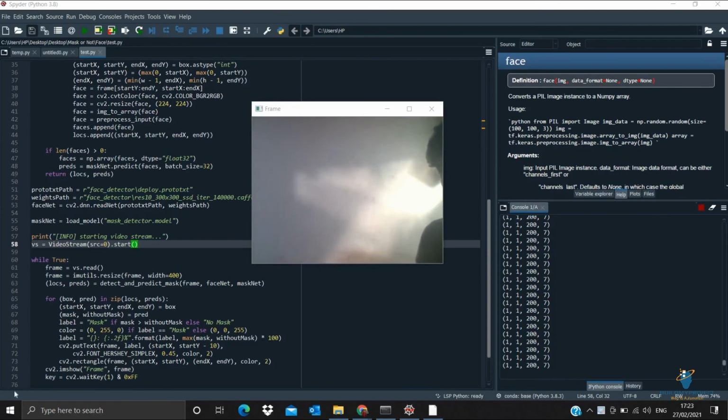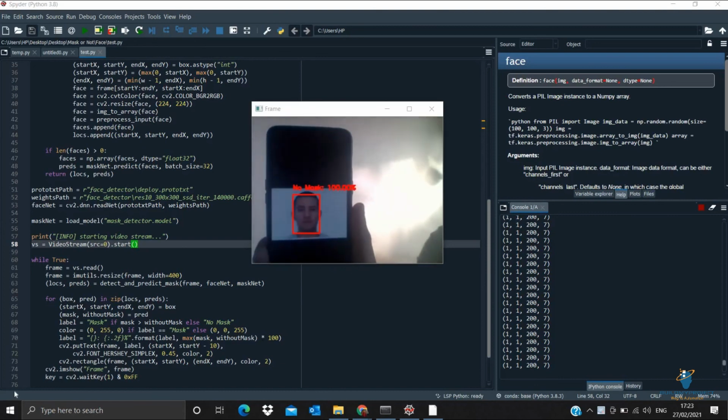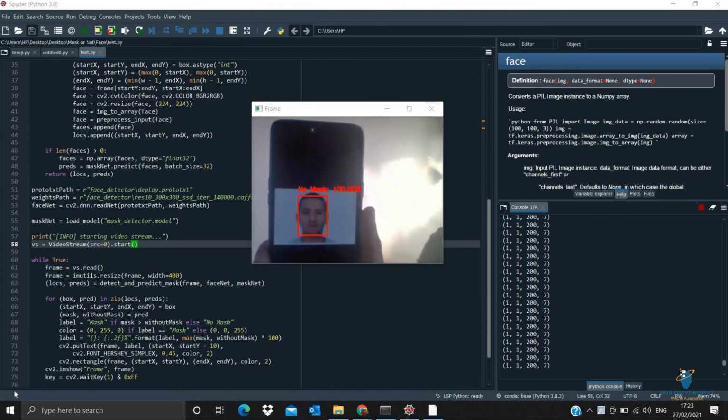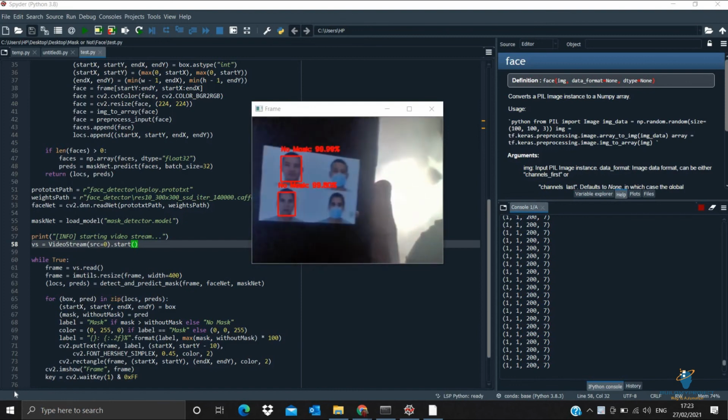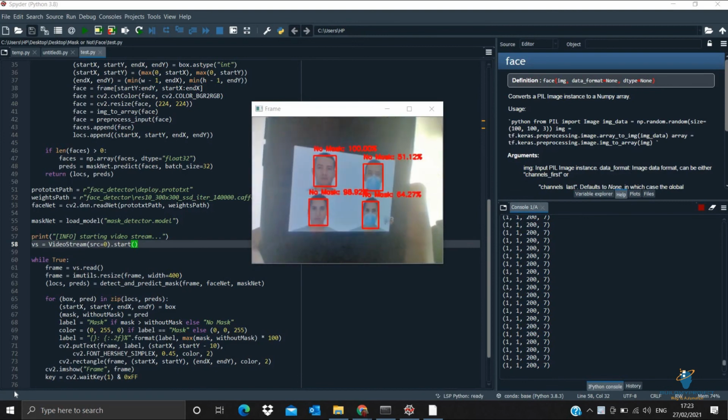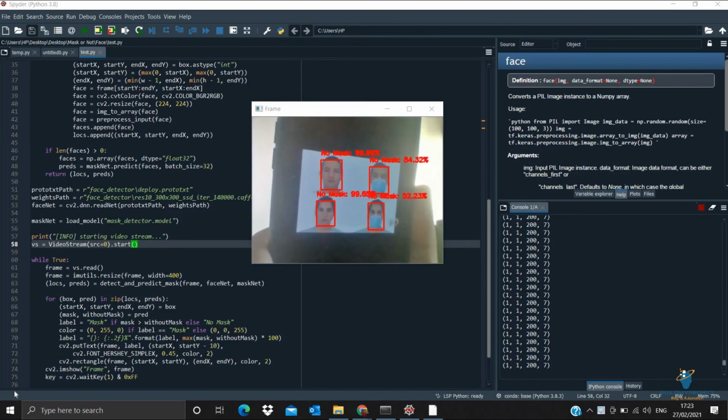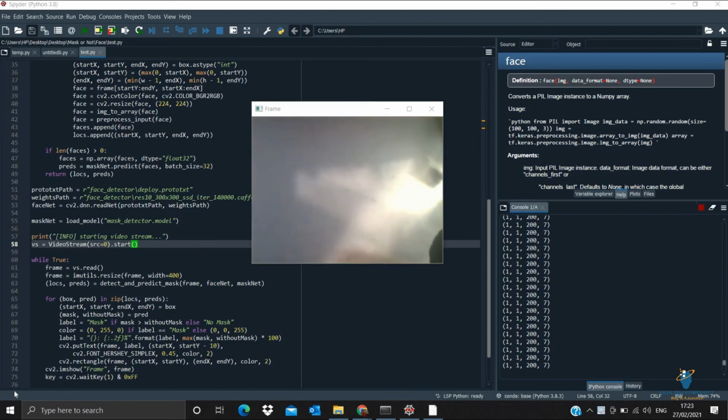So guys, it took some time to run the program, and now we can try to detect whether a person is wearing a mask or not. Here I am showing a picture of a person who is not wearing a mask, and it is saying the person is not wearing a mask. And if I go for multiple faces now, you can see it is giving some accurate answers. Why is it doing so? Because it also depends on your system configuration, what processor your system has, whether you have a good processor or not.